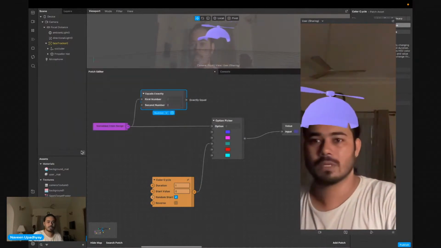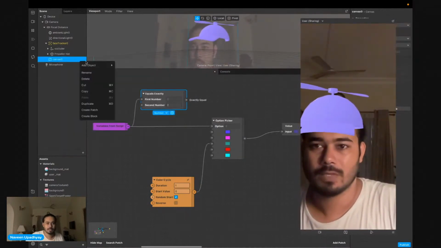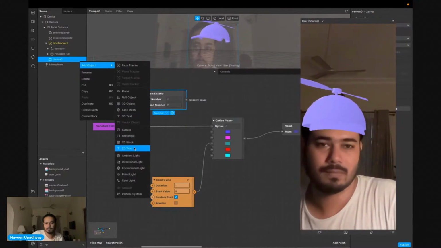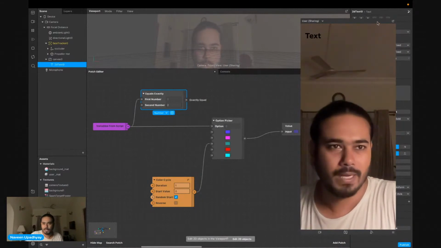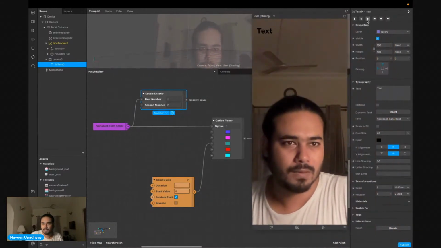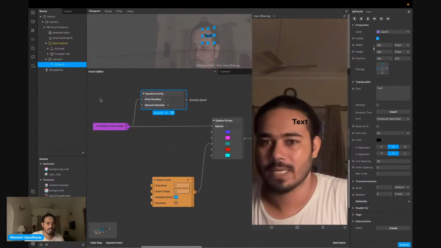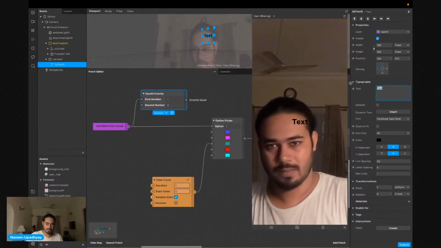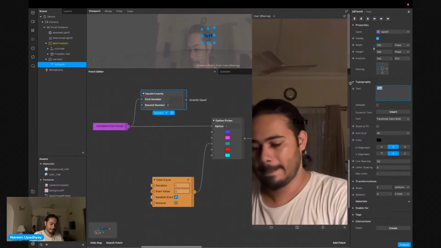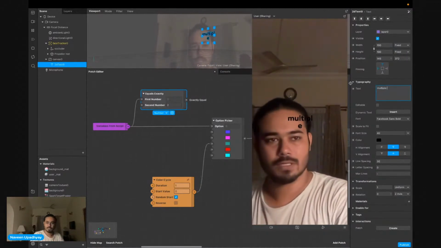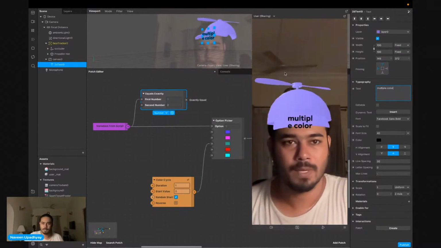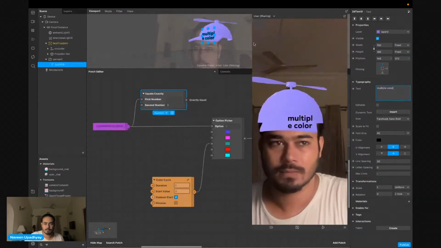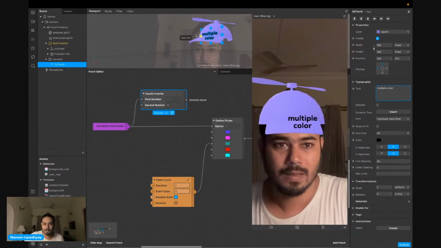use a canvas and use a text, just an example to show something. I'm going to show it in the center of the screen. So I'm just going to use the center of the screen and come to the middle of the center. And I'm going to say multiple color. The one who has the multiple color should be the one to show this text.